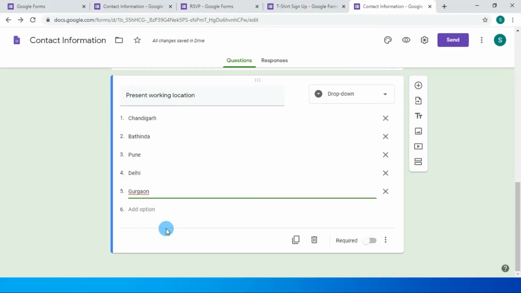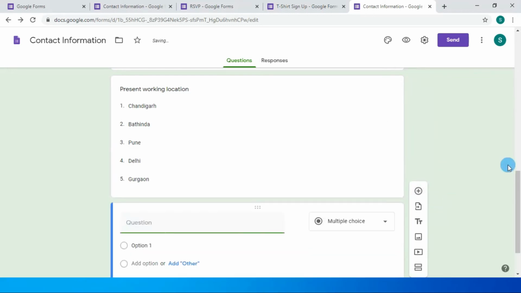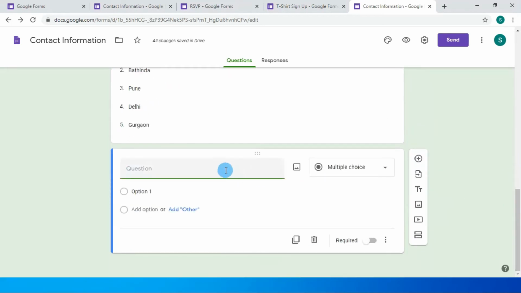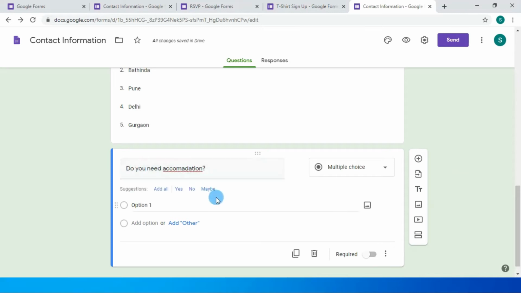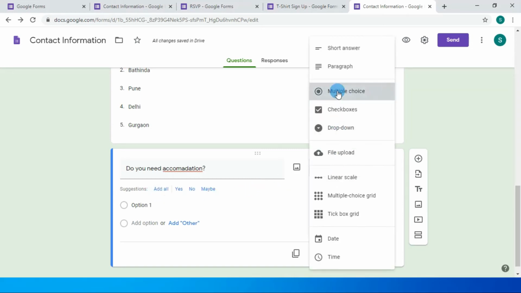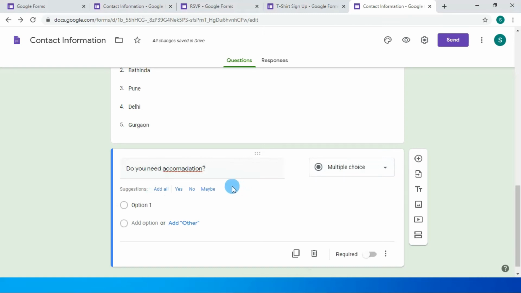So in this way we can add more options in our drop down list. We will add one more question to understand more options for the answer column, like do you need accommodation? You can see that Google automatically gives a suggestion to add a multiple choice option here because it is suitable for this question.